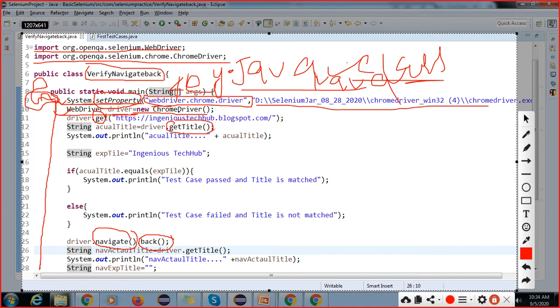Which class method will execute? The ChromeDriver method will execute. So all these methods are coming from the driver, but which class method will execute? The ChromeDriver method, right? So we are accessing the method by using this reference variable.